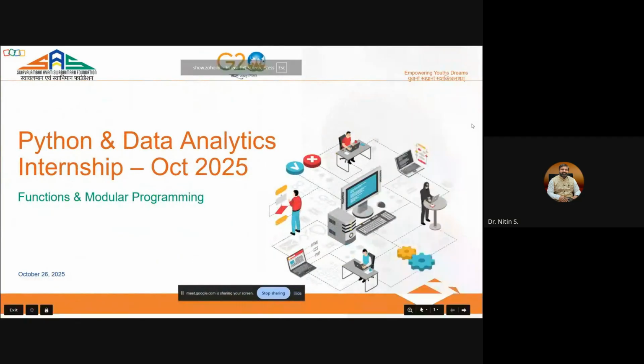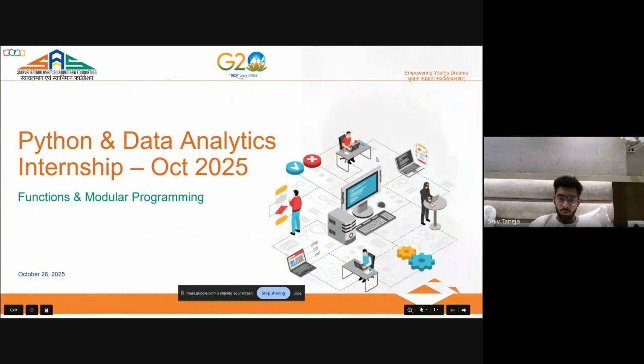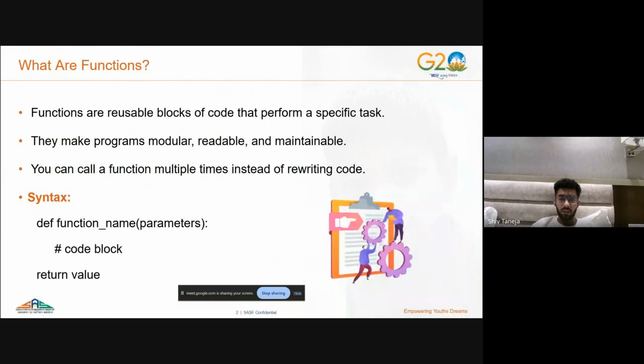Yes. Okay, so today we will start with functions and modular programming. So basically, what is a function? Functions are just small blocks of code that can be reused again and again in any other future course or future form. The advantages of functions are that they are maintainable and you don't have to write the same